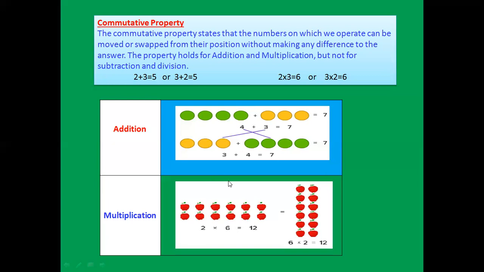Okay, but you cannot apply this commutative property on subtraction and division. If you apply it, the answer will change. So you can only apply this property on addition and multiplication. So there is the commutative property with respect to addition and the commutative property with respect to multiplication. And today we will do the commutative property with respect to multiplication. Okay, this page is very easy.